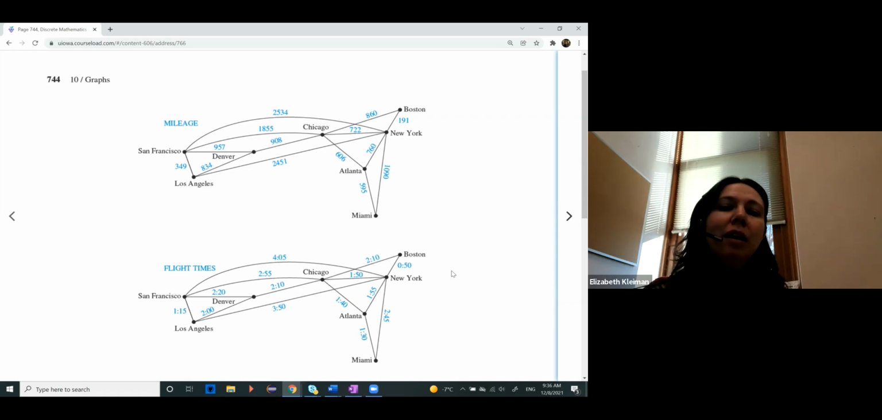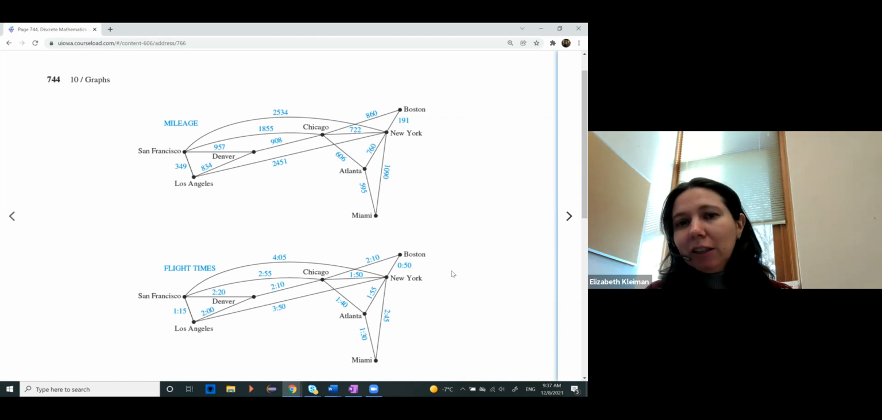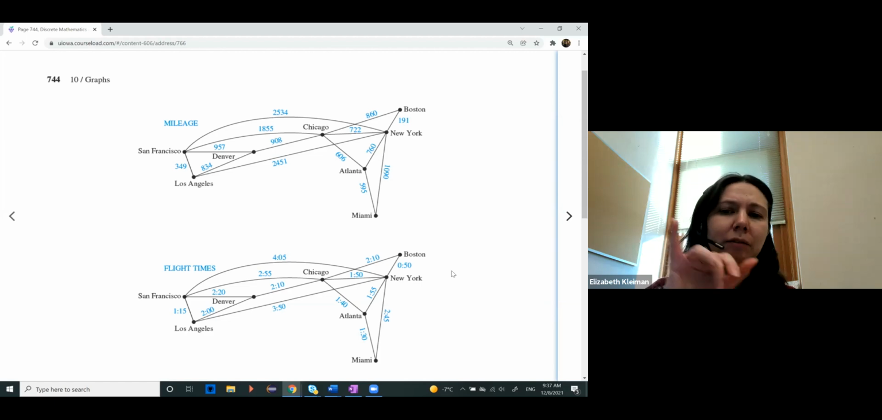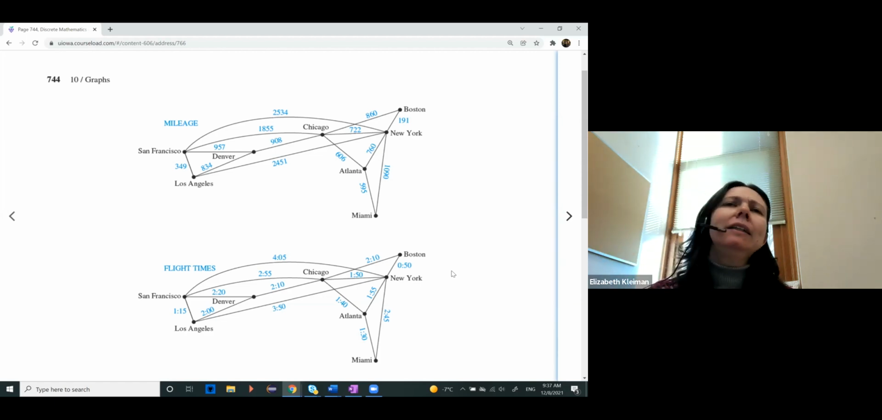Okay. So let's look at this graph out here. This graph looks similar to what we've done, with a tiny difference. It looks similar because we have vertices, correct? In this case, the vertices represent different cities. We have San Francisco, Los Angeles, Denver, Chicago, Boston, New York, Atlanta, and Miami. We also have edges that connect our cities. And you can think of those edges as representing